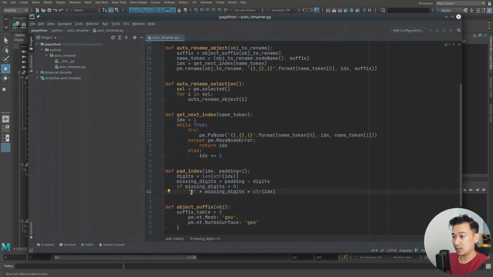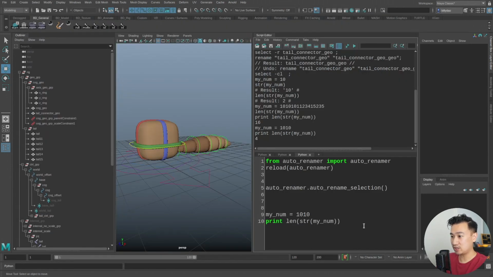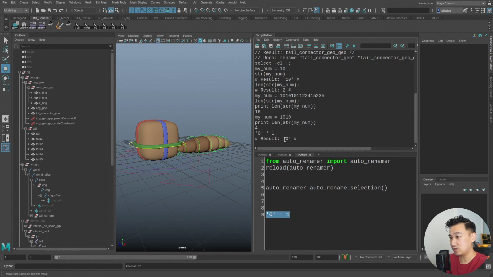So if you take something like a string and you multiply it by a number, what that will do is just take that same string and append it to itself, n number of times. So it'll append it to itself the number of times, whatever this missing digits number is. Just to show you as an example, we can do foo is equal to, let's take something. In fact, I don't even need a variable. I can just say something like, let's use 0 as our example. So if I run this, you can see it's just one of these,